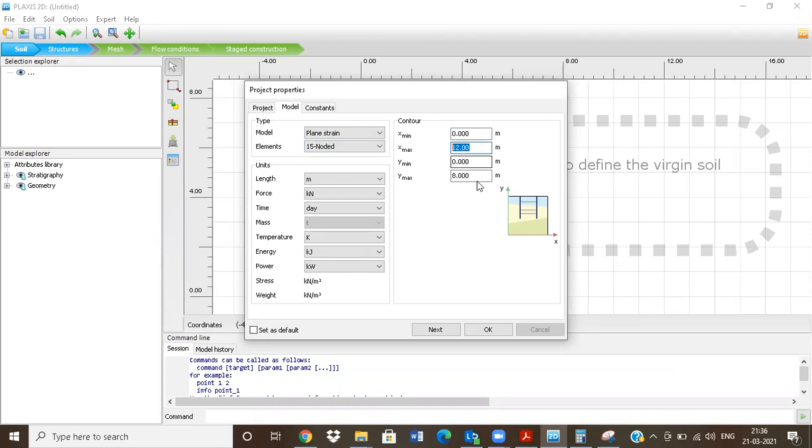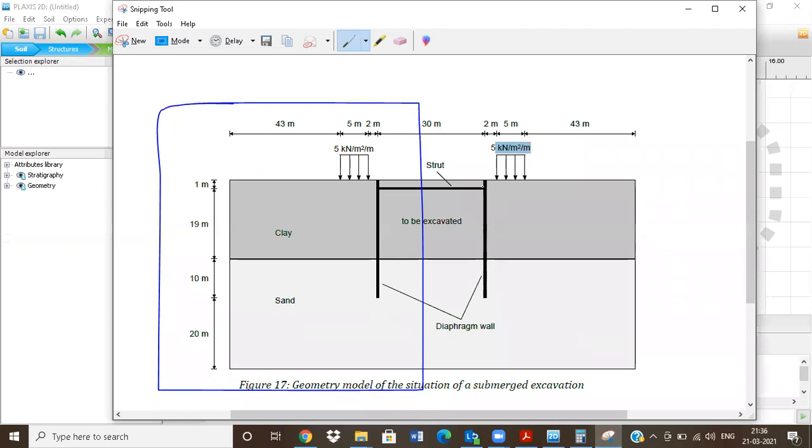I have to choose my X max and Y max, or the Y minimum. Y max, I'm keeping at 0. And the Y minimum is like 30 meters and 20 meters, so totally it is 50 meters. And X max, I'm modeling only half of it. That is 15. 15 plus 2 is 17. 17 plus 5 is 22. And 22 plus 43 is